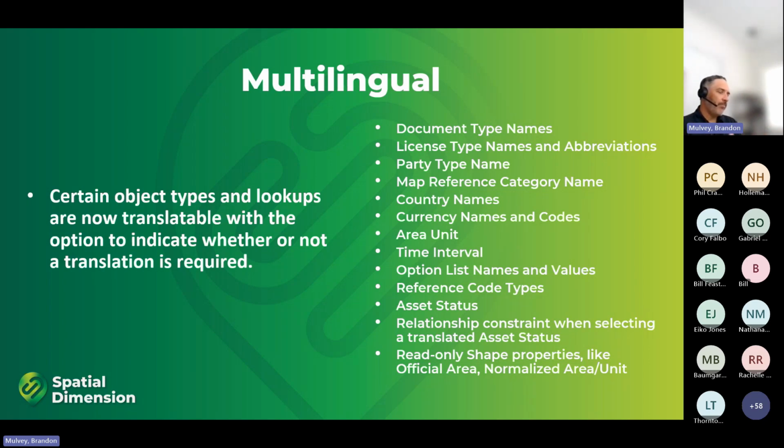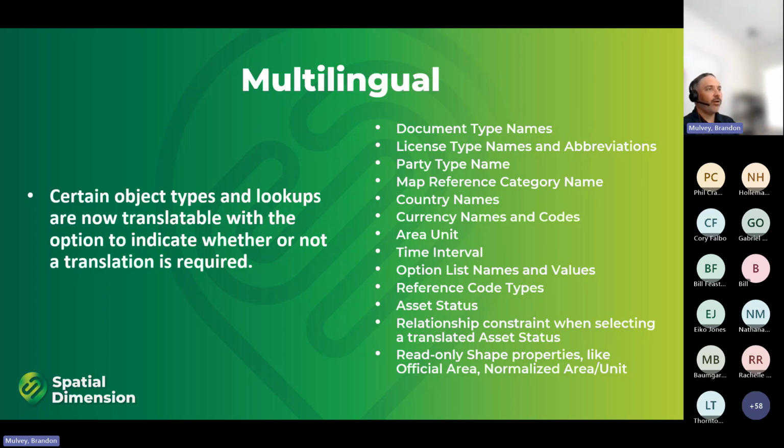That means that for most of the system language that Landfolio calls upon, the non-configurable components of the user interface, those are multilingual and they can be translated based off of the user language, but there are a whole bunch of configurable components of Landfolio, like license types or document types. So if you're adding new document types, it's not out of the box language, and it might be new to your language pack. These are additions, or maybe you're altering the name of a document type or a license type for whatever reason. The system will prompt the user